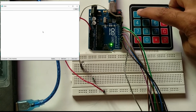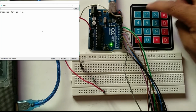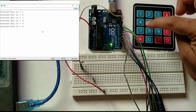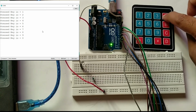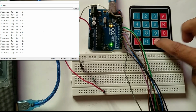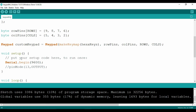Now let's press 1. So you can see that the pressed key is 1. Similarly, you can press 2, 3, 4, 5, 6, 7, 8, 9, 0. You can press these keys also: A, B, C, D, asterisk and the hash. So you can see that each and every key is working properly, and that's how you can interface the keypad with the Arduino. So next I will show you how we can use this keypad for password or security